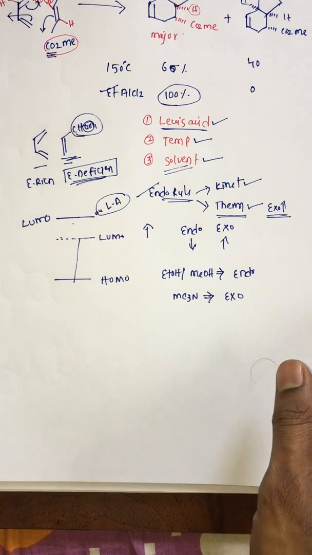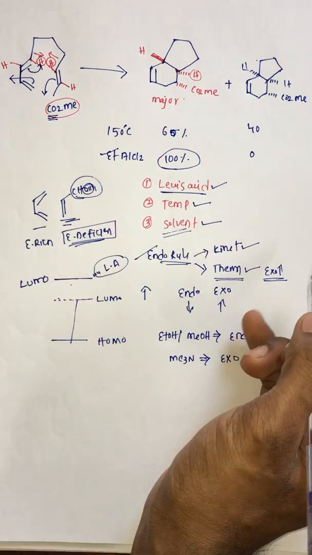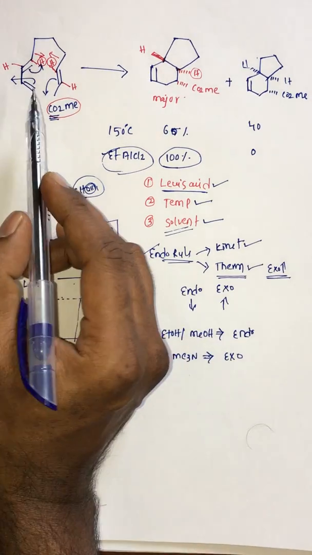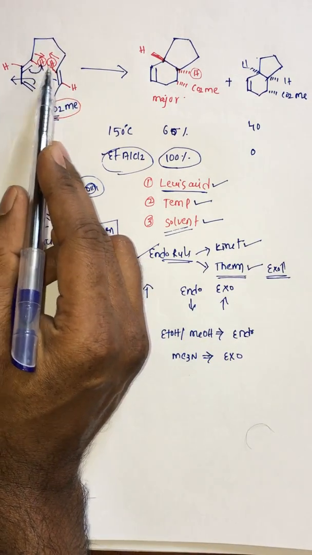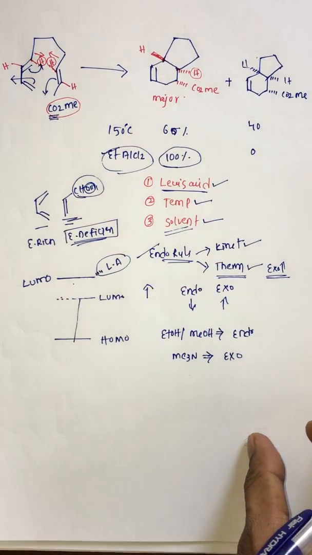Okay. So now we are talking about the intermolecular Diels-Alder reaction. So because of that, I have explained these things. Just remember that these two hydrogens are in opposite direction, so in the product also it should be in opposite direction. Okay. And next,